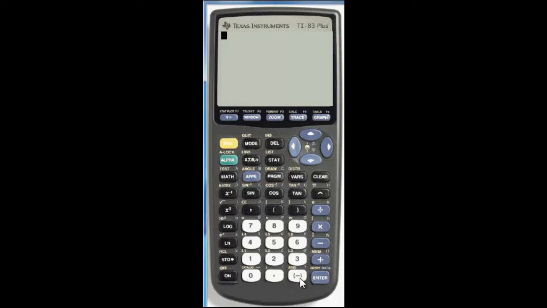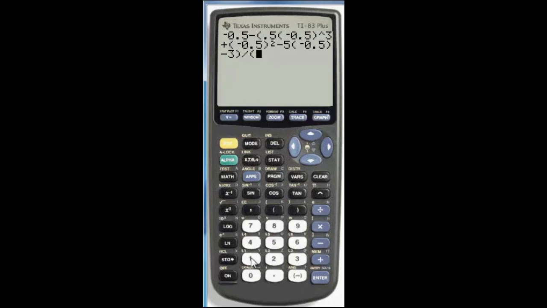So let's enter in negative 0.5 minus, parentheses, parentheses, negative 0.5 cubed plus negative 0.5 squared minus 5 times negative 0.5 minus 3, close parentheses,